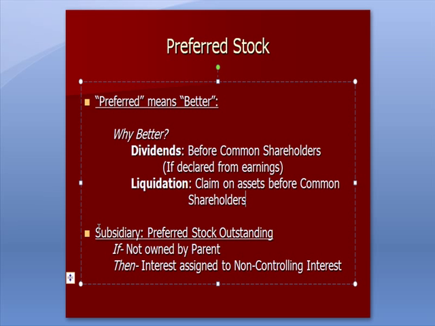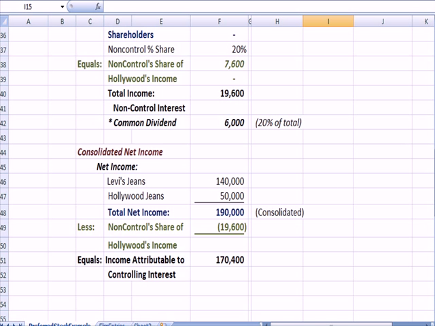And then we talk about the subsidiary. If the subsidiary has preferred stock outstanding, it's going to be owned by one of two people. It's either going to be owned by the parent company or by a non-controlling interest, and we've seen that before. If I jump over to Excel,